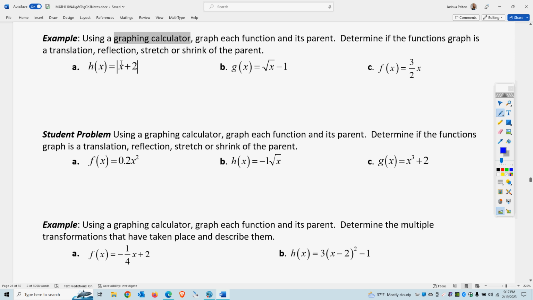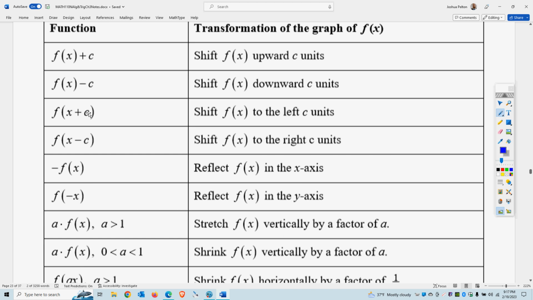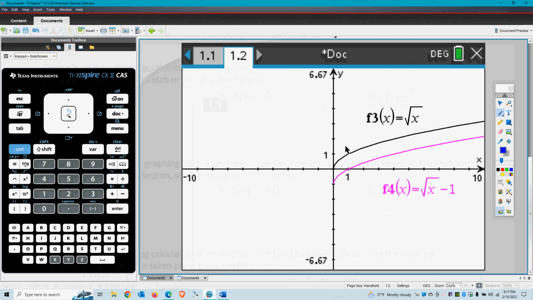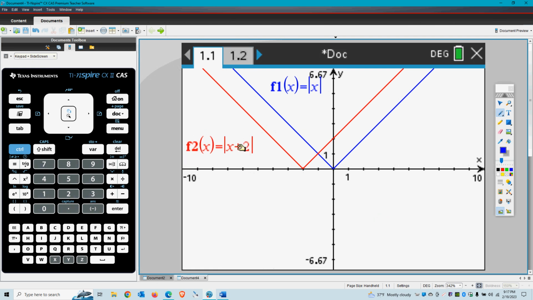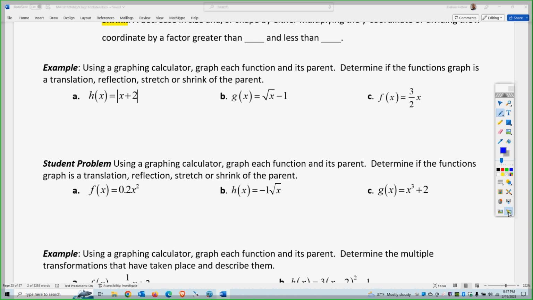All right, so say I have the absolute value of x plus 2. So if I add 2 to the inside, what does that do according to my table? Well, if I go to my table, adding 2 to the inside is going to move me left. Okay. So adding 2 to the inside moves you left. Let's look at the calculator. Okay, where's the absolute value? And this is the one adding 2. So clearly it moved left 2. All right. So it's going to translate left